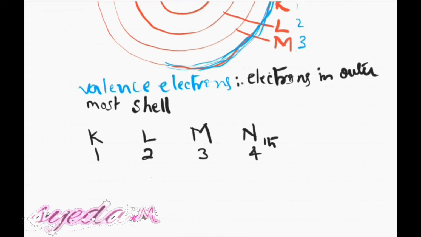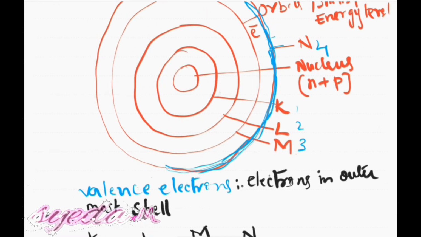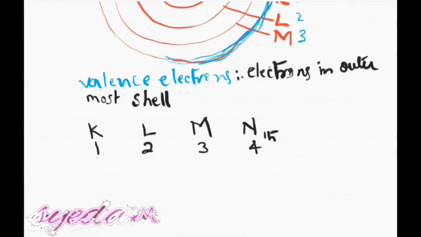Now, how are we going to distribute the electrons in these shells? If you consider this as a structure, this is the first floor of the building, second floor of the building, third floor and fourth floor. So each floor has different rooms or different capacity. The K shell has a capacity of, means how many it can accommodate. What is the vacancy here? It will take a maximum of 2 electrons. L shell can take a maximum of 8 electrons. M shell will take 18 electrons maximum. And the last shell will take 32 electrons.